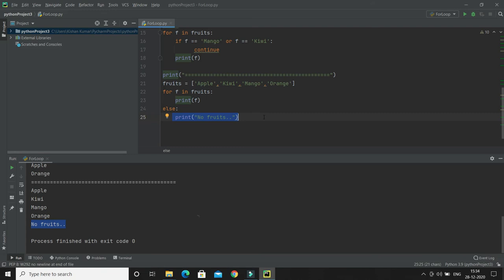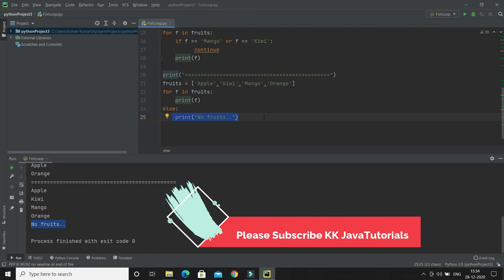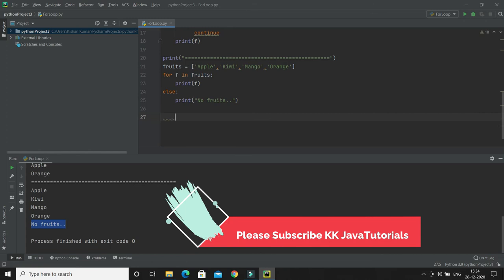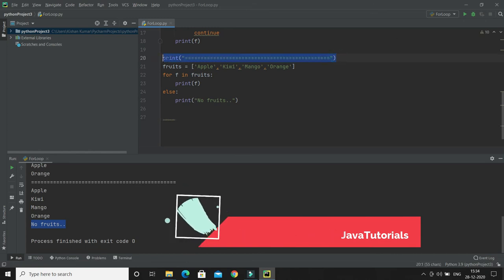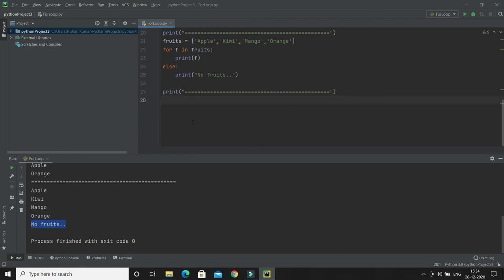Now one more thing I would like to discuss. Till now we have seen a for loop a single time, but you can have a loop inside a loop, and that is called a nested loop. Even with a while loop, you can have a nested loop as well, but here we are talking about the for loop. So let's say I'm using for color in, and here I'm going to specify a list of values. Let's say the first color is red and the second color is green. This is our first for loop.